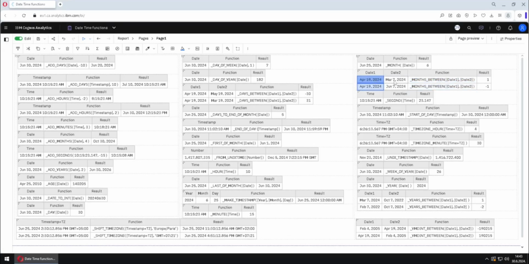Now here April is after March, so the result will be positive, but here April is before June, so the result will be negative. We can also notice here that this is April and this is June, and difference between April and June is 2 months, but because difference between these two specific dates is less than 60 days, then the result will be just -1 and not -2. Next function is second function. This function will extract number of seconds from some time, so the result will be 23 seconds and some small